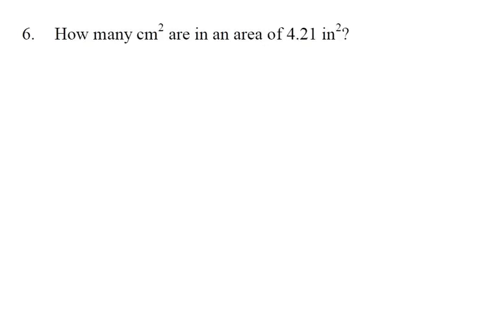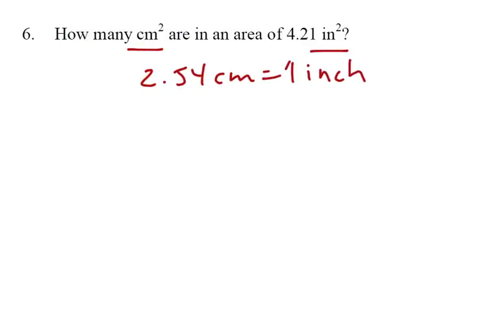How many square centimeters are in an area of 4.21 square inches? Now that's a little odd. Now we do know that there are 2.54 centimeters in 1 inch. And maybe we know that, maybe we don't know that, but that would be given. Knowing this, what we do is go back and say, we want to convert, so I can say 4.21